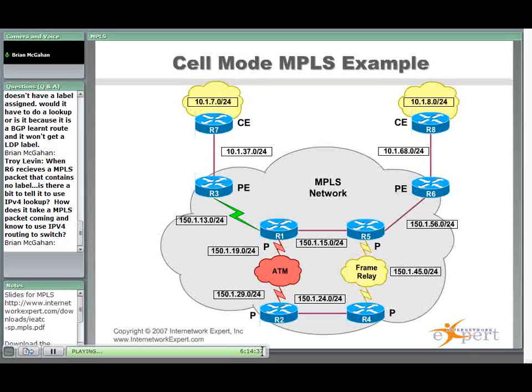When router 5 receives it, what type of packet is router 5 going to receive it as? In this case, router 4 is doing the PHP. Router 4 is popping the tag and then sending it out to router 5. If we get to router 5, it is going to receive it as a regular unlabeled IP version 4 packet. So if we say show debug, we're debugging IP packet detail. So let's say clear log